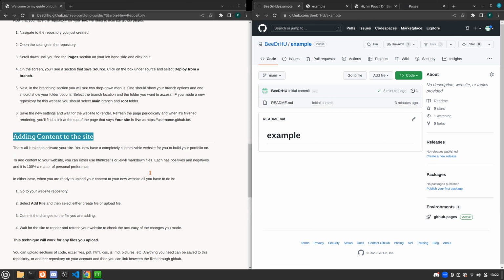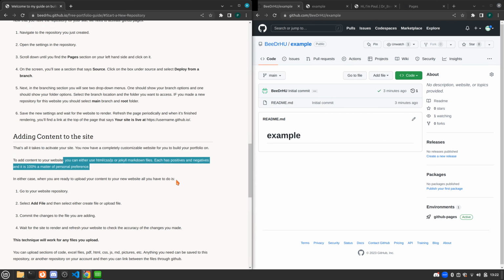To add content to your website, you can either use HTML, CSS, and JavaScript, or you can use Jekyll Markdown files. Each has positives and negatives, and it is 100% a matter of personal preference on which one you use. Jekyll Markdown files are based off of the Ruby programming language, and Markdown files are a very, very common type